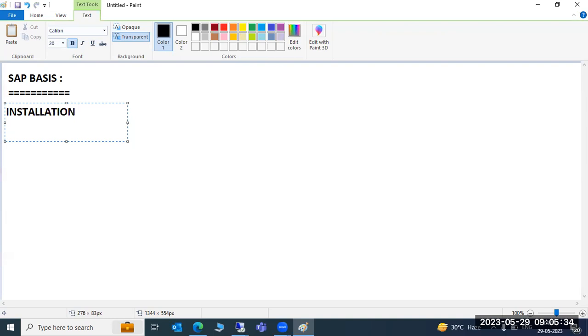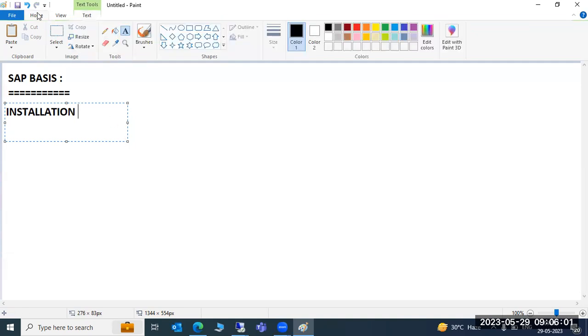Installation is part of the implementation project. Why? Because as a Basis consultant, as an administrator, the first task we have to do is the SAP installation. Without performing the SAP installation, no one can log in or use the SAP systems.